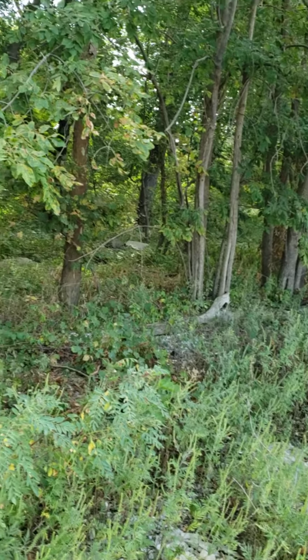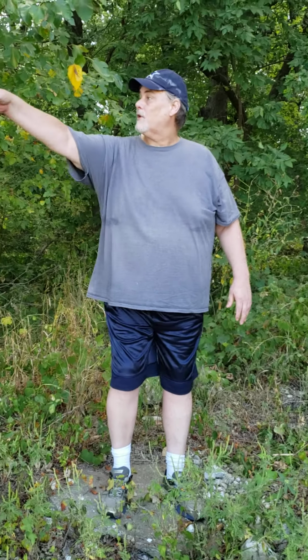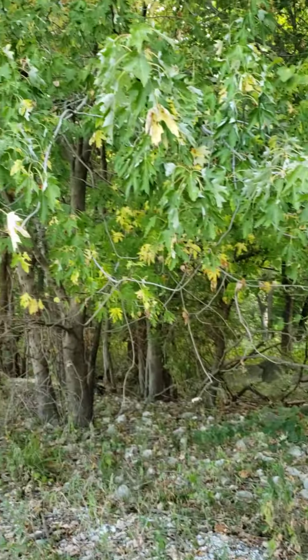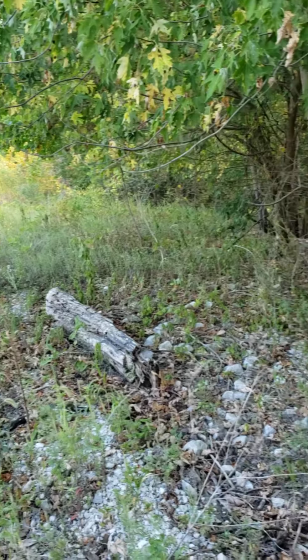Now, the trees that will grow in a floodplain are well-established trees that can handle the flood that comes through occasionally. Like, for example, this oak right here. The bigger, stronger maples, but